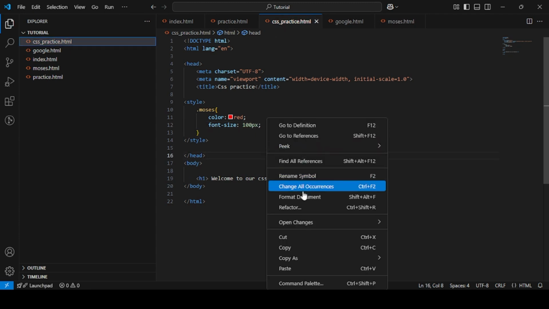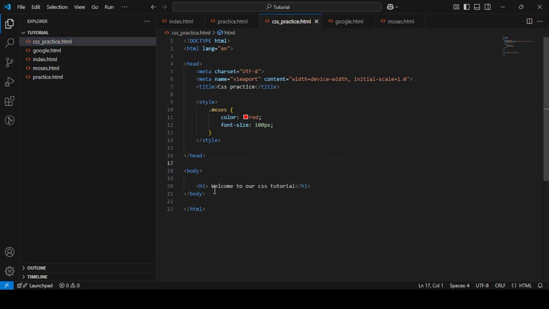So now how do we call this? I will explain it to you. You come here directly to the tag you want to actually style. So since this type of selector we use here is a class selector, you have to come to class, put equal sign, then you call the name of the class. In our case, the class is Moses, right? So when you call it Moses, it will automatically go to CSS to this style,